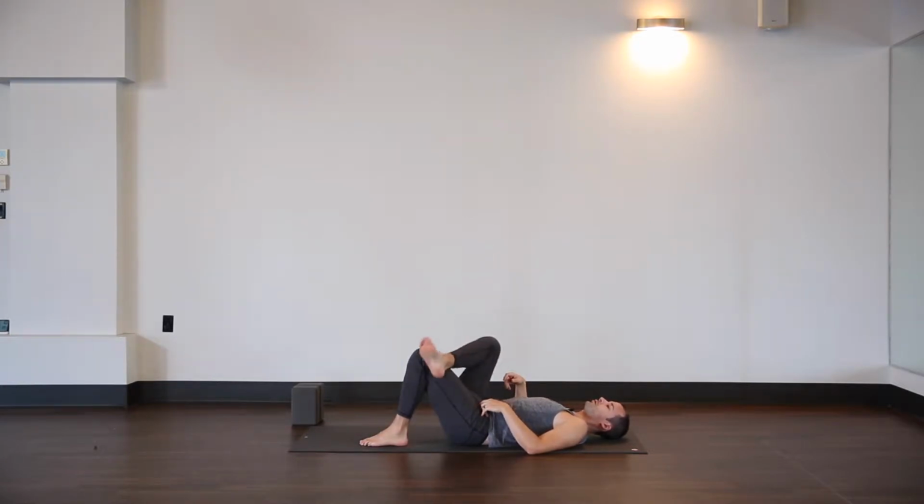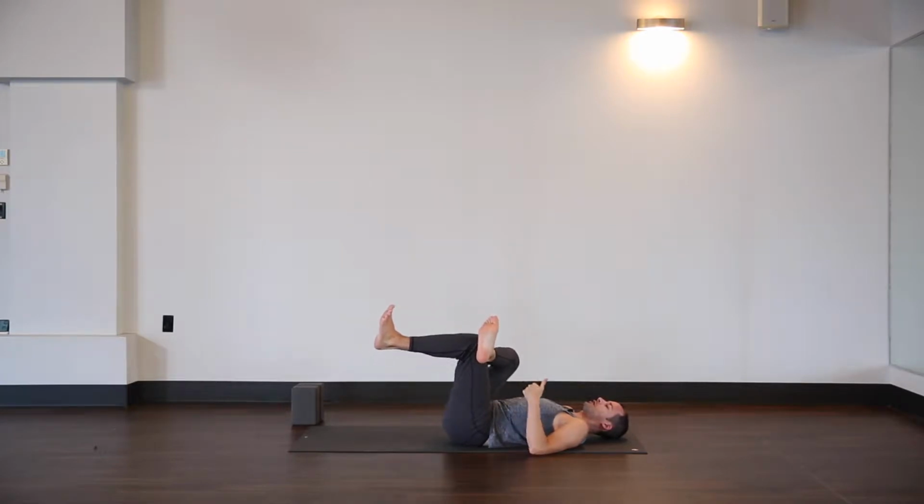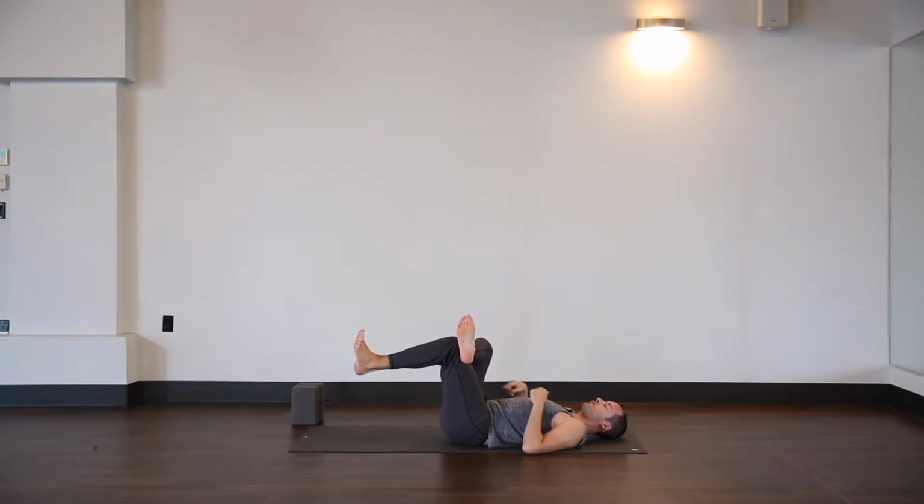Cross your right ankle over your left knee, flex your right foot. Hands are along by your sides. We're going to take reclined pigeon, but I want you to take it without using your hands. So pick up your left foot, flex the foot, and draw your left knee in towards your chest. So you're using your hip flexors to pull the knee in. And then using your right outer hip, press your right knee forward away from you. Continue to draw the left knee in, press the right knee forward,